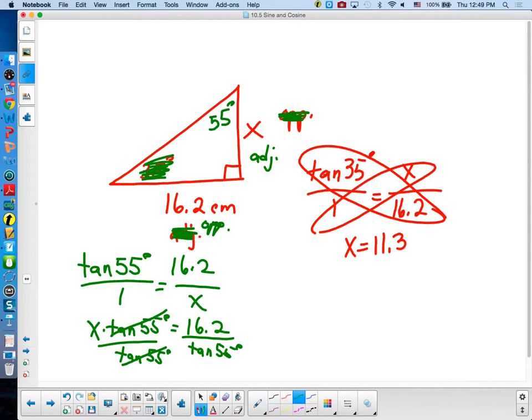Page 566. 1 to 3, 5 to 11, 13, 14, 17 through 32, 40 to 42. That should mostly be on sine and cosine. You'll probably want a calculator for your quiz. But there are problems that do not allow you to give me